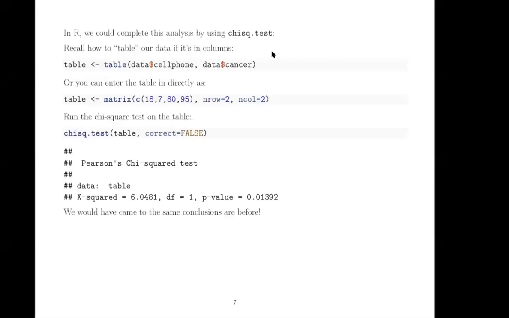So we might want to talk about how to do this in R. That was a whole lot of work to do it by hand. Of course, we have this nice code, chisq.test. First, you might want to think about how to enter in the data, and that's going to depend on